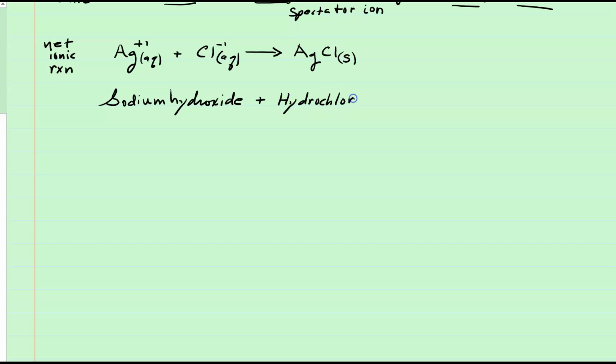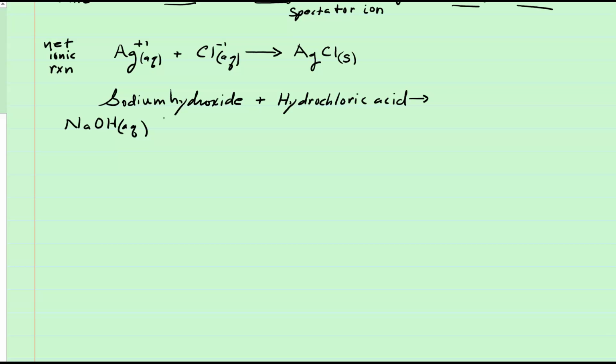And we want to know what's going to form in this reaction. Well, this is a case of a special type of subset of double replacement, which we commonly refer to as a neutralization reaction, because here we have a base. And so if we rewrite it, we'll say sodium hydroxide, which of course is soluble,